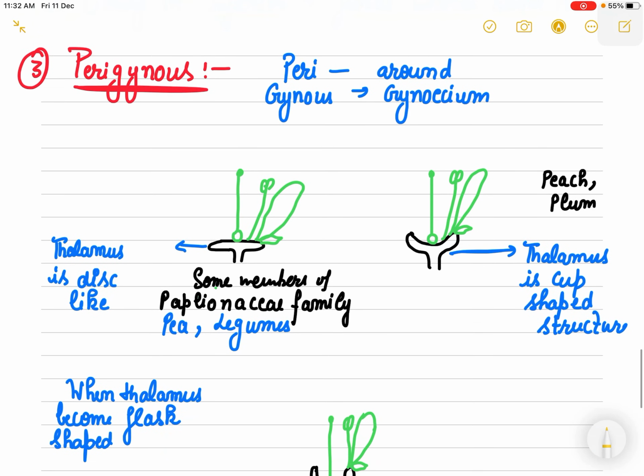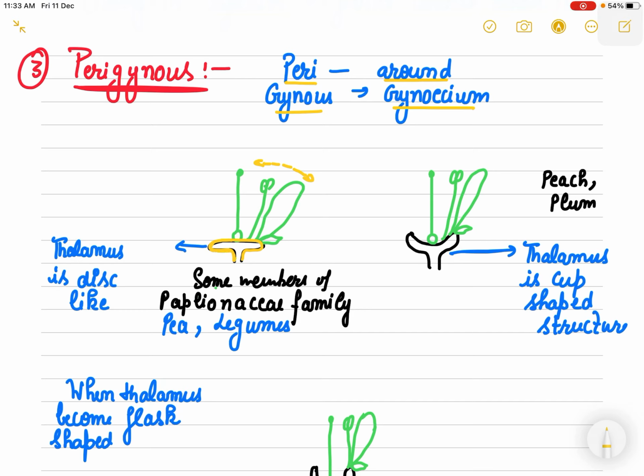The third one is perigynous. Peri means around, gynous means gynoecium. Now there are three kinds of situations here. In one situation, the thalamus is disc like. Here you can see that the ovary is at the terminal part, and around it you find these floral parts, right? Legumes, pea, Papilionaceae family members belong to this kind, in which the thalamus is